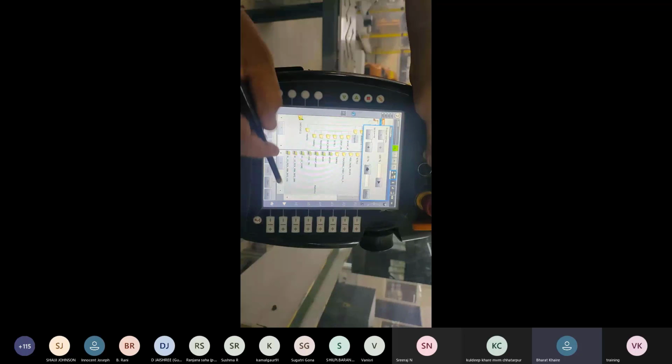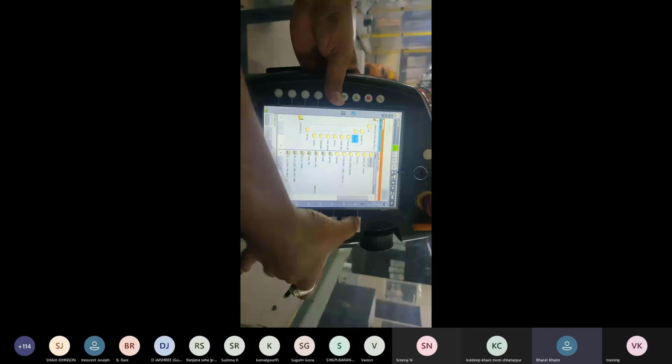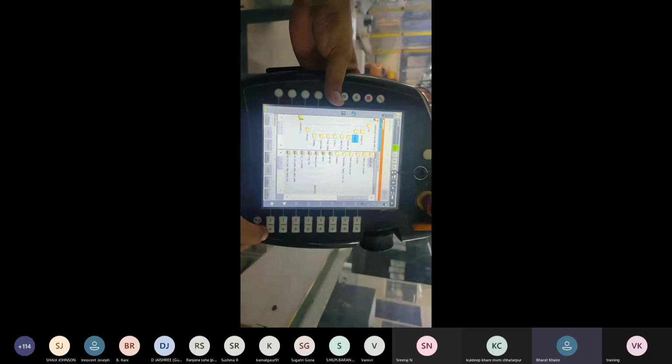It is program play, speed plus and minus, and under this, one switch is given, plus and minus for manual mode. If we are jogging the robot in manual mode by these axis buttons, we can reduce the robot speed from here, minus and plus.